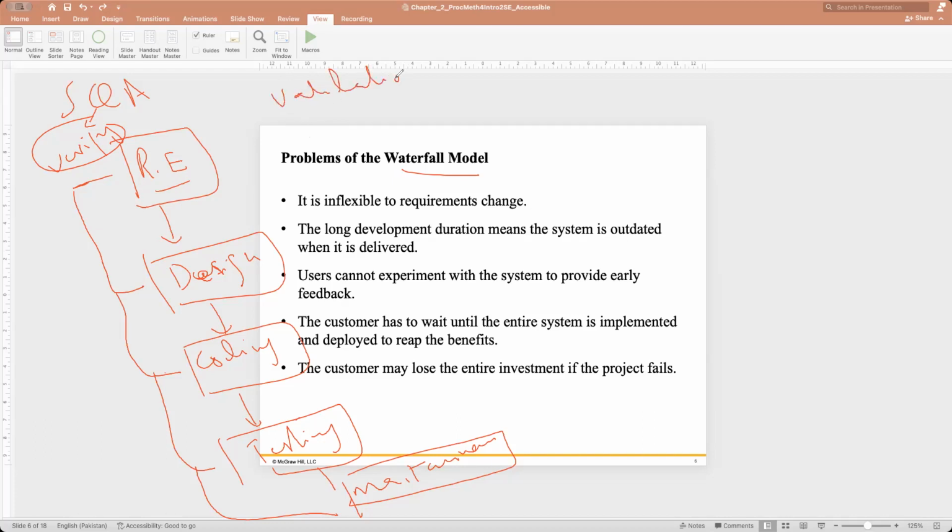To ensure that the process is correctly followed, we can use verification, and to make sure that the process is generating the desired output, I will use the validation process. So two processes will be carried out, verification and validation. So this will be the validation. This will also be validation.